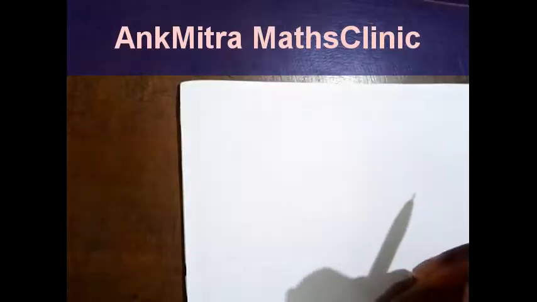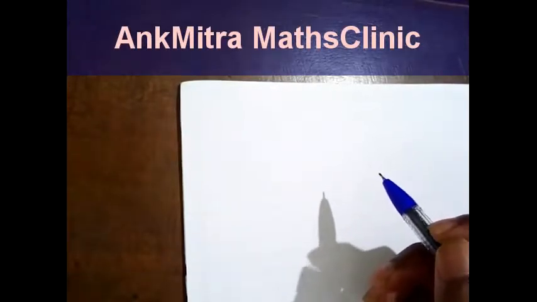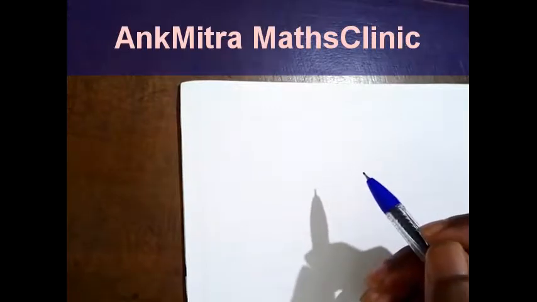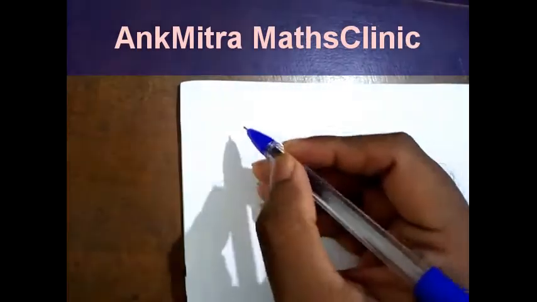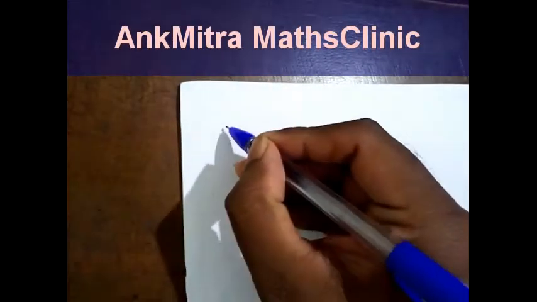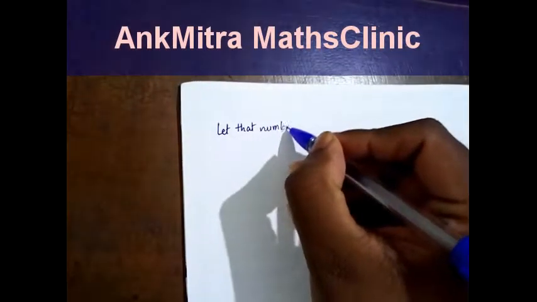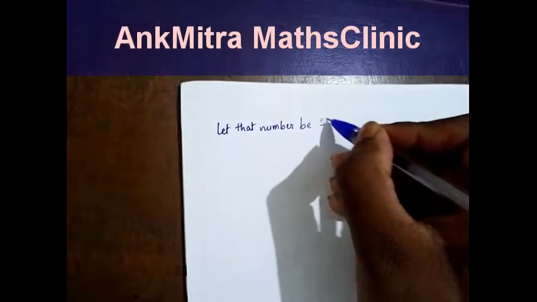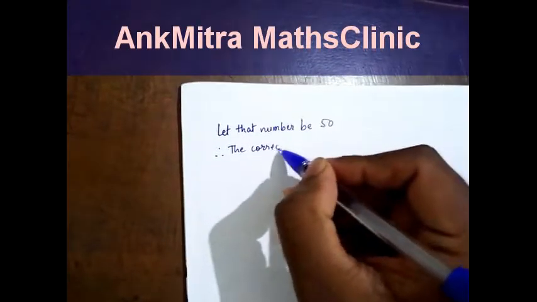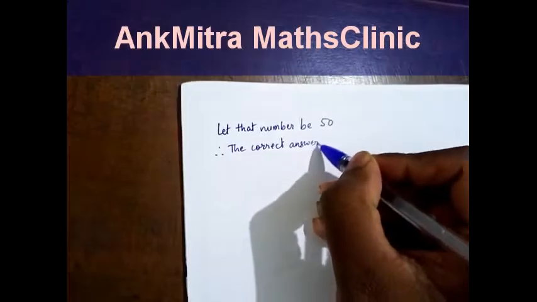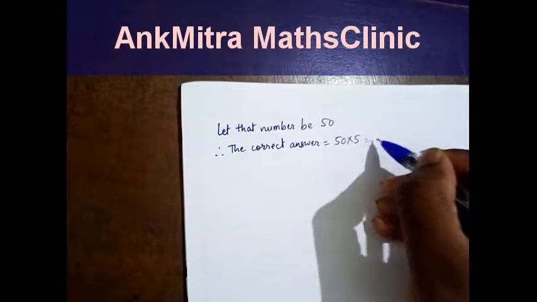The given question says that a number was mistakenly divided by 5 instead of being multiplied by 5, and we are supposed to find the percentage change in the answer. In this case, we can take the number as any number divisible by 5. Let that number be 50. Therefore the correct answer was 50 into 5, which is 250,